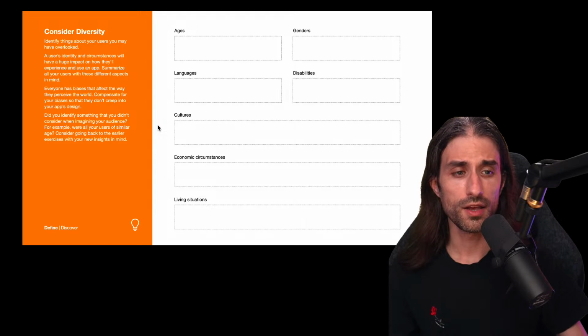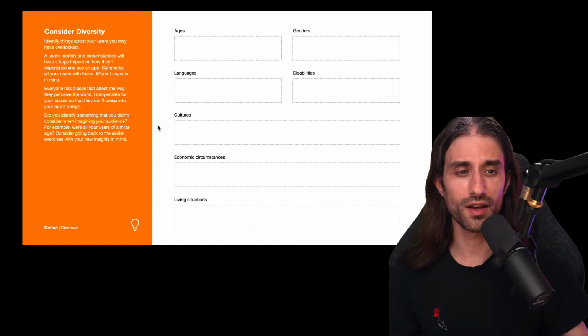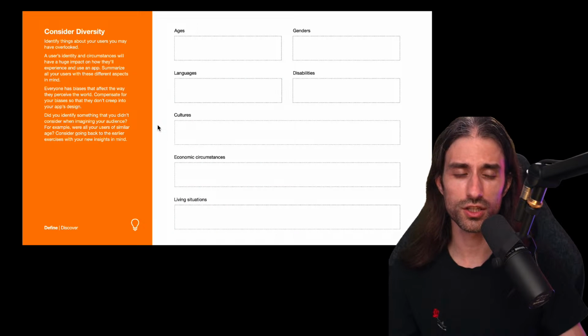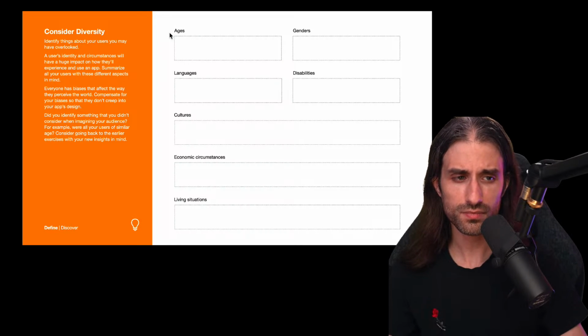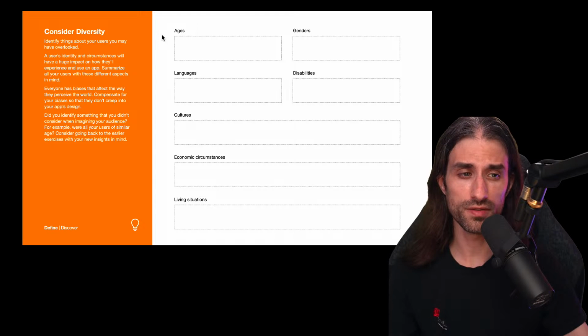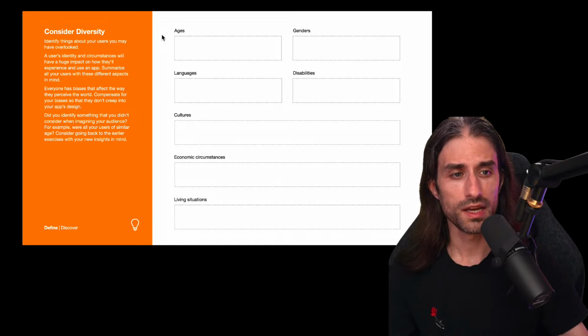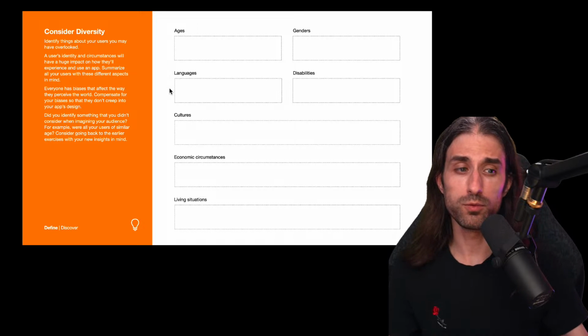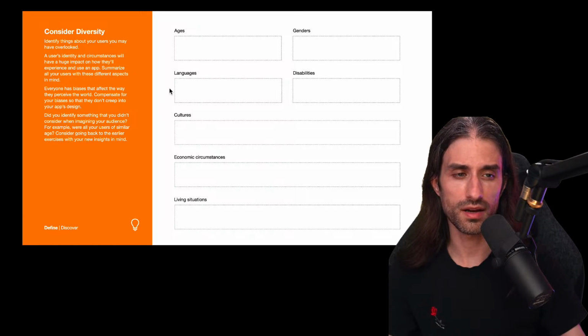But I would say you might not want to target the entire world with a fully localized app when you're getting started. It's okay to reduce the scope a bit, also in terms of which audience you're targeting. And so, of course, as you reduce the scope, some of these criteria will be either less relevant or maybe even completely irrelevant. For instance, if you make an app in France, where I live, the language part would be mostly French, and that would be it, basically. So that's something that can also simplify a bit how you work.